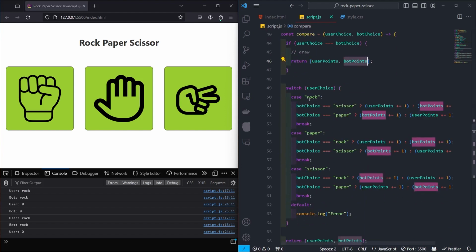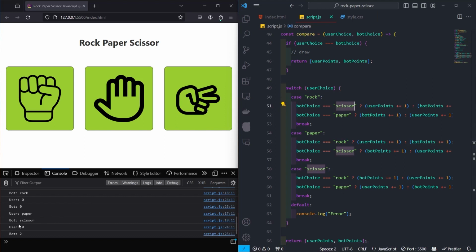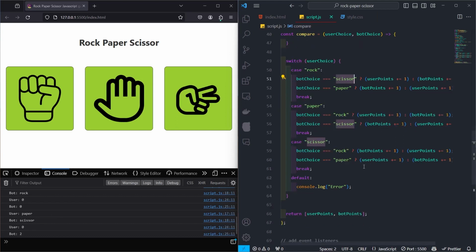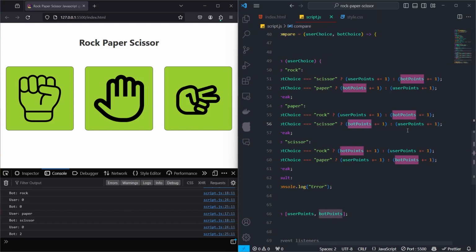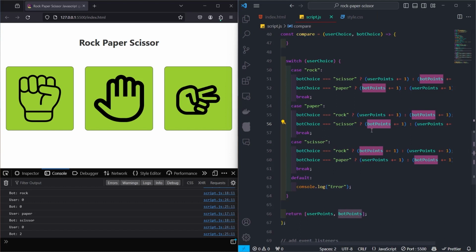Now let's check when there is rock. So you are choosing rock. What was it? We had the user choosing paper and the bot choosing scissor. So how did we end up with the bot getting 1, but it's increased by 2? That shouldn't be the case, right? So for the bot choice, if that's the case, it's got to be like,